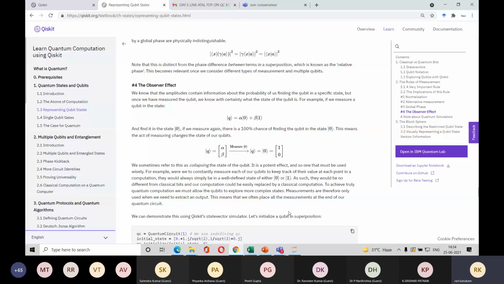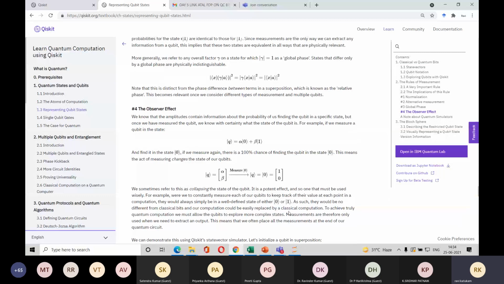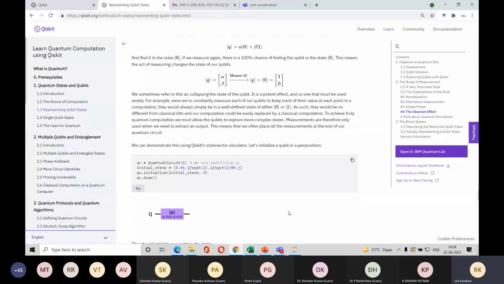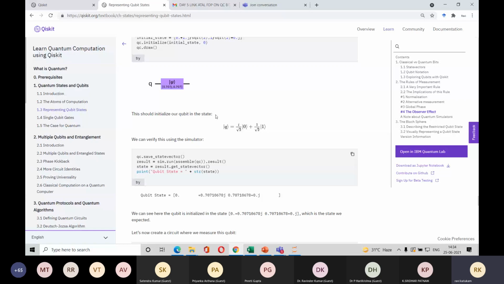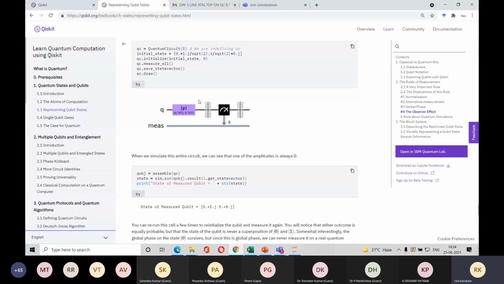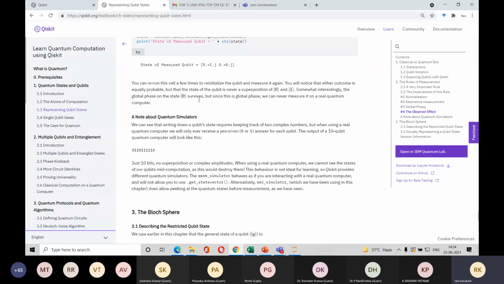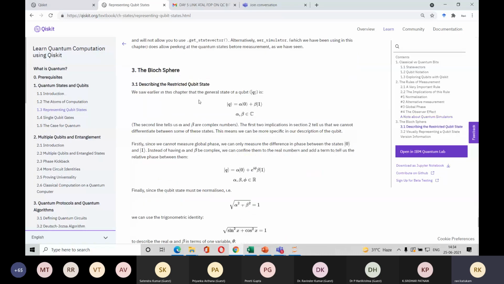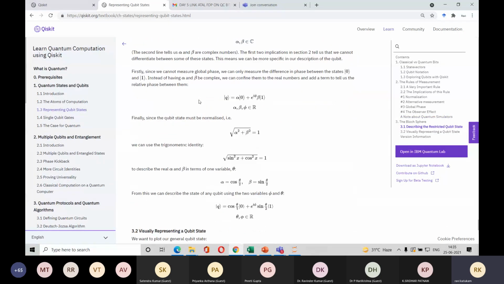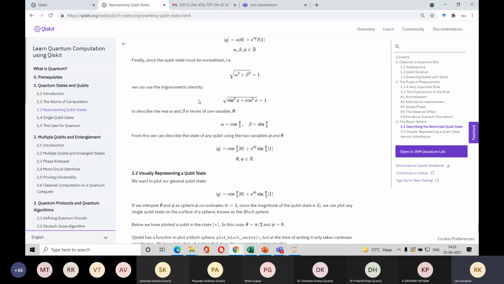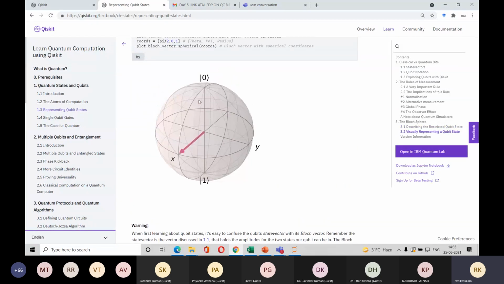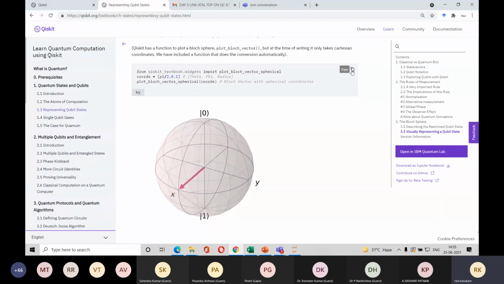what we said is the measurement step. You can define the inner product of psi and x. Then you can take measurements in various bases. Bases are nothing but the planes or the axis of measurement. Then what we said is Bloch sphere. So the Bloch sphere represents the single qubit state.